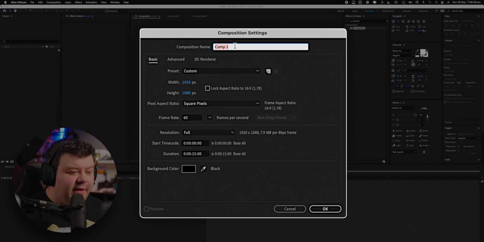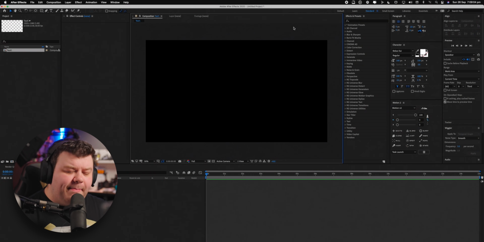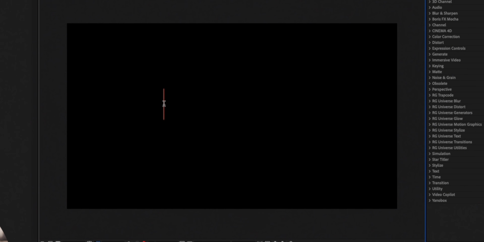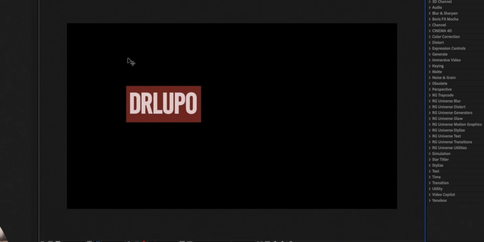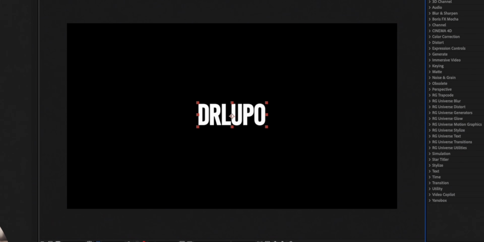I'm going to rename this to be our text layer. So our text composition that we're going to use to create our really cool rotating metric. I'm going to click OK. And the next thing I want to do is start building up our text elements. And to do that, we're going to click on the text tool. I'm going to type out Dr. Lupo like that. I'm going to center it up into the middle of the screen like that,